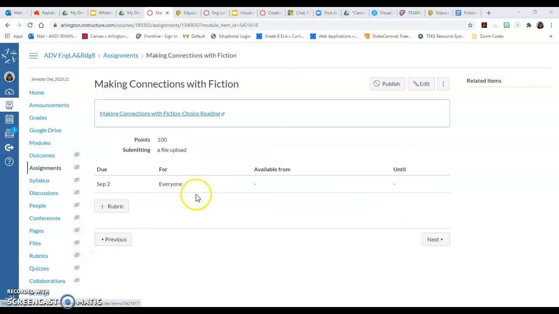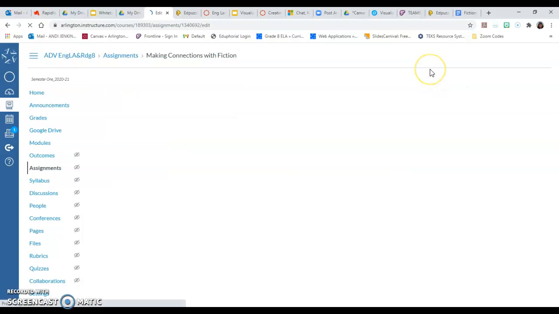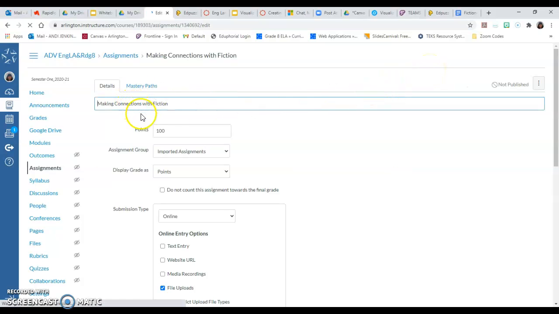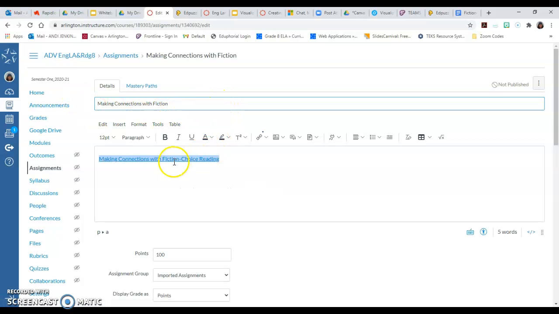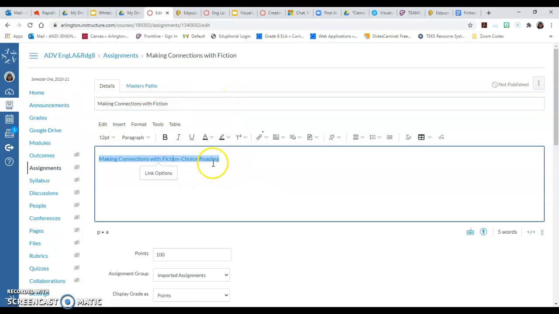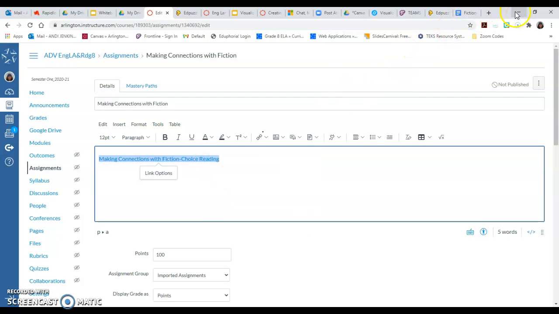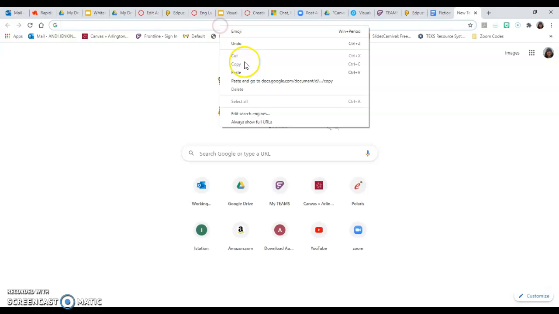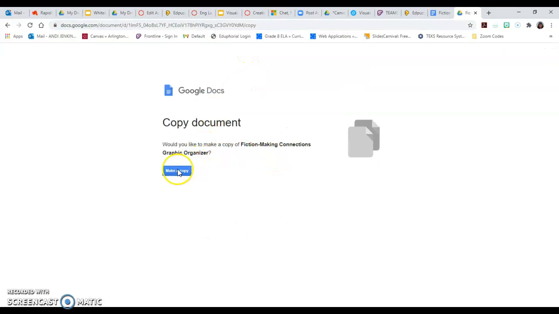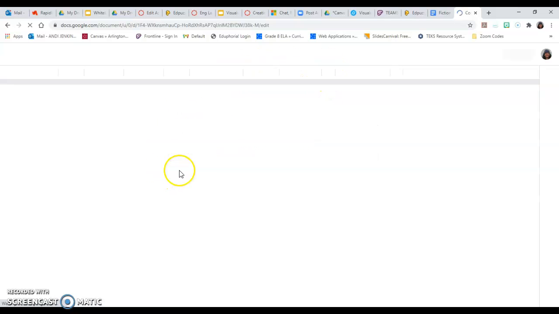Okay, so I'm also going to do the same thing with Google to create an assignment. So here's the making connections with fiction. I'm going to click edit. And what I always do is I go to this link and I copy it and then paste it in a new tab, and I make my own copy. So then I click make a copy,